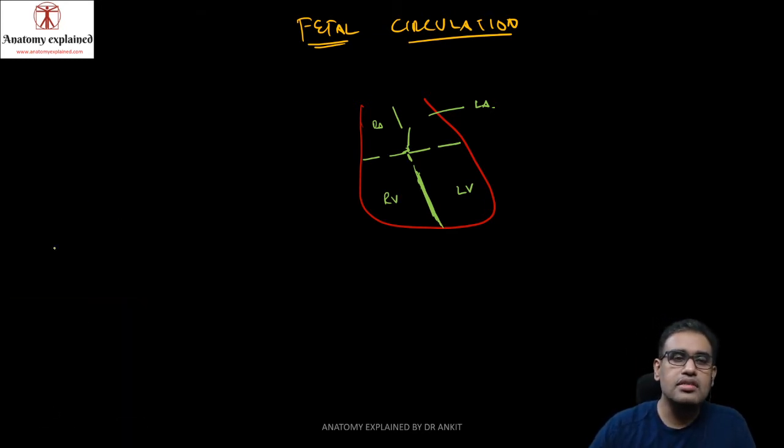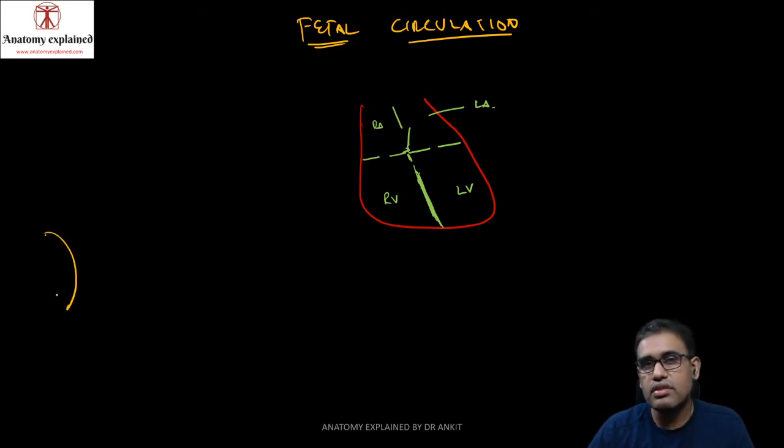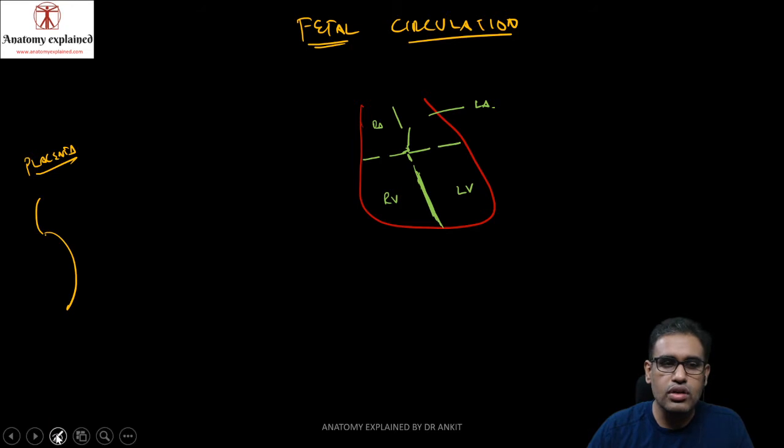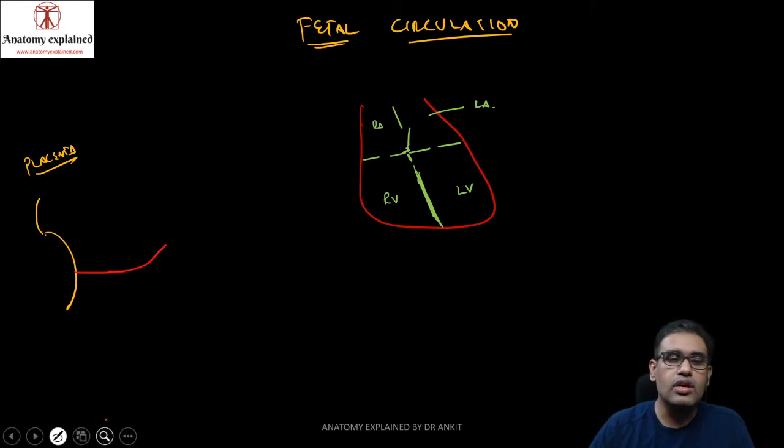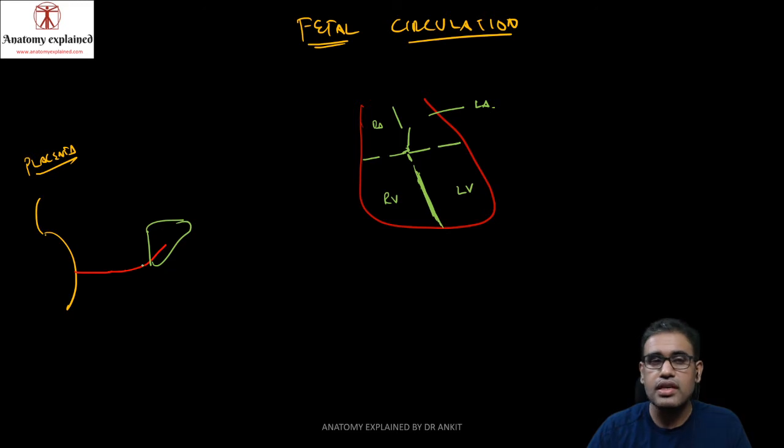Now what is happening is that in the fetus there is a placenta over here, the organ where the exchange of the maternal blood with the fetal blood is happening. From this placenta, the good blood, which we are representing with the red color, that is the oxygenated blood, will go inside the body of the embryo or the fetus through the umbilical cord, through the umbilicus. Now inside, as it enters, it encounters an organ which is also under development, that is the liver.